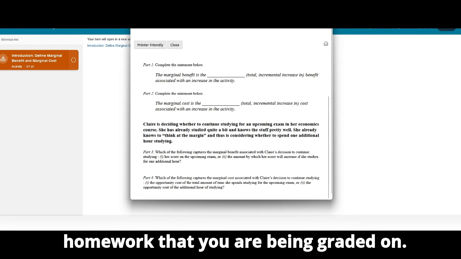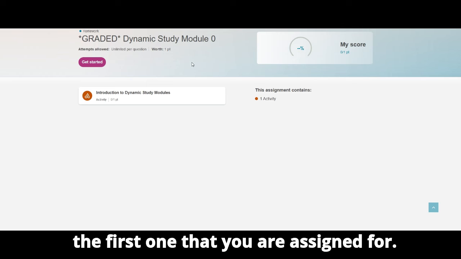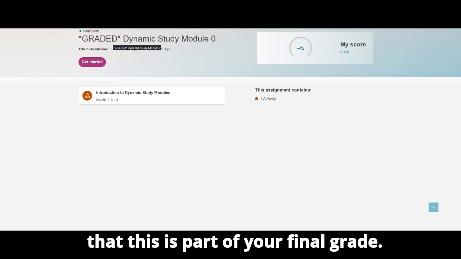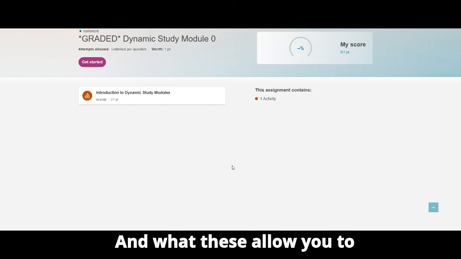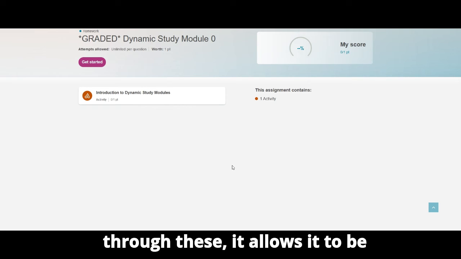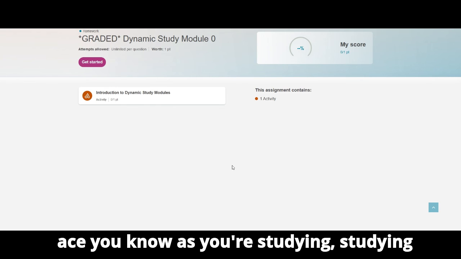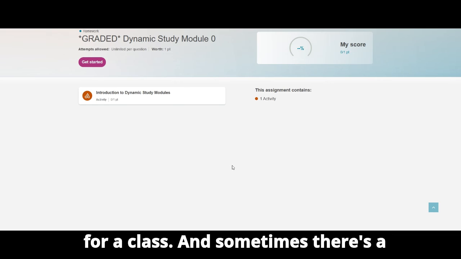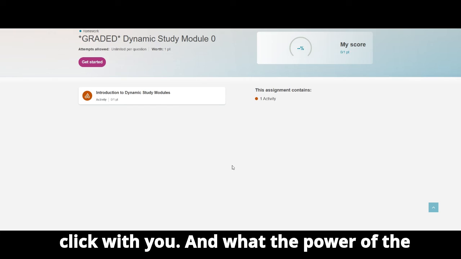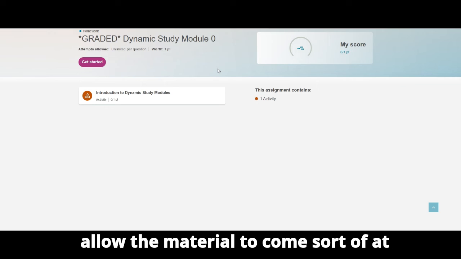The homework that you are being graded on are the dynamic study modules. This is the first one that you are assigned. It says graded, so it's extremely clear that this is part of your final grade. And what these allow us to do is, as you go through these, it allows it to be customized to how you're doing. Because sometimes there are certain topics that you ace, as you're studying for a class, and sometimes there's a topic that for some reason just doesn't click with you. And the power of these dynamic study modules is that they allow the material to come at